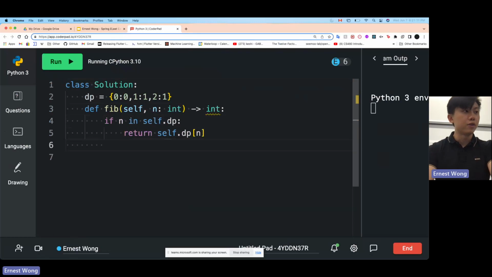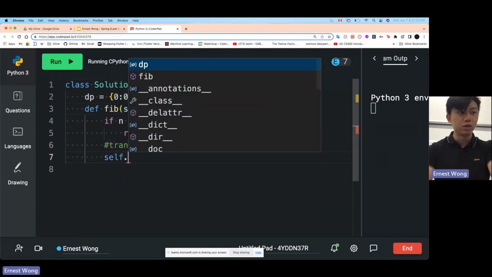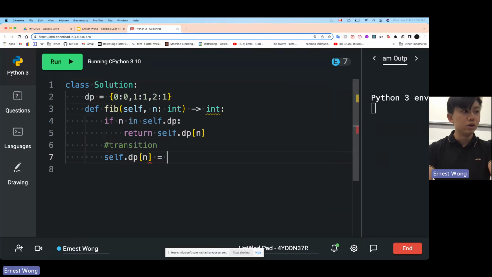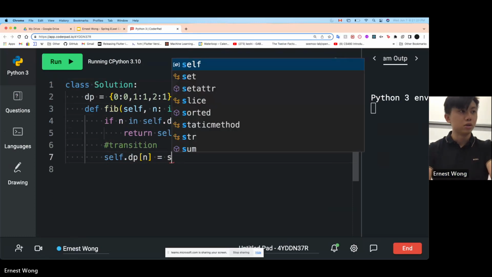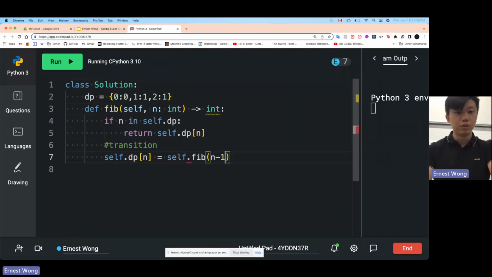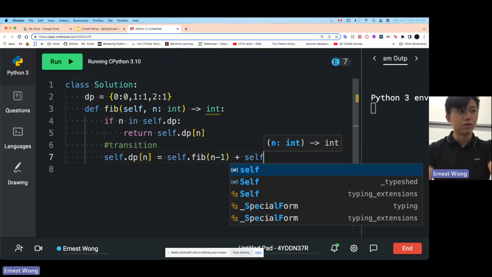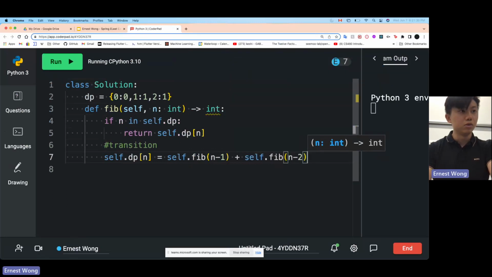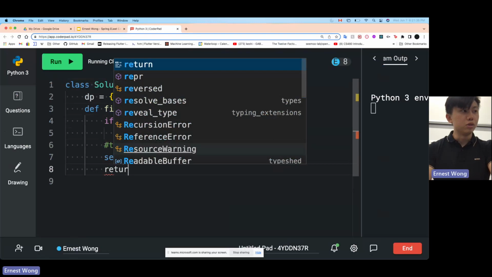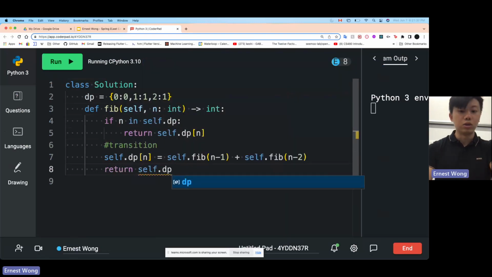And if that isn't there, then what we want to do is our transition. What we found before was that self.dp of n is equal to Fibonacci of n minus 1 plus self.fib of n minus 2. And we just want to return the value we just calculated.